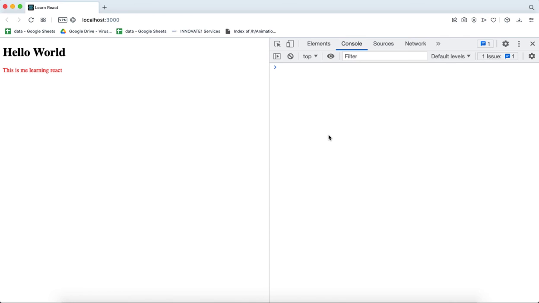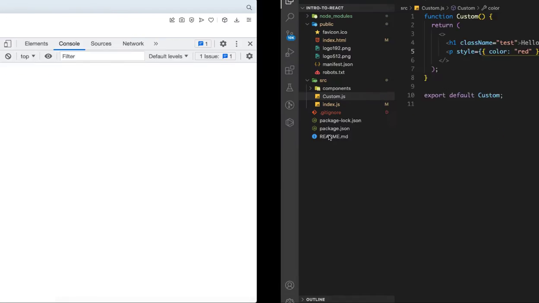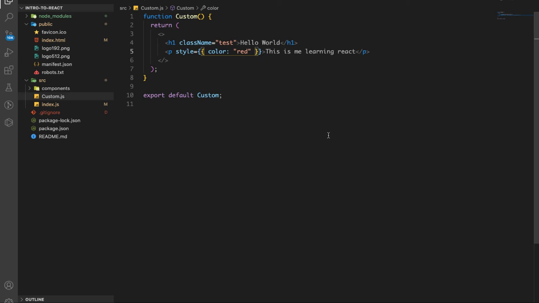Another key fundamental to React is props and state. For this lecture, we're going to be looking at props. Then in the next lecture, we're going to look at state. But before we look at that, I want to look at how to create another component, because currently